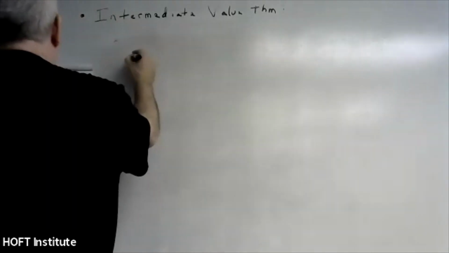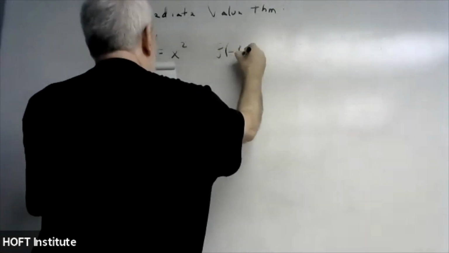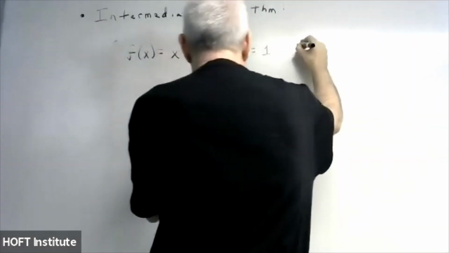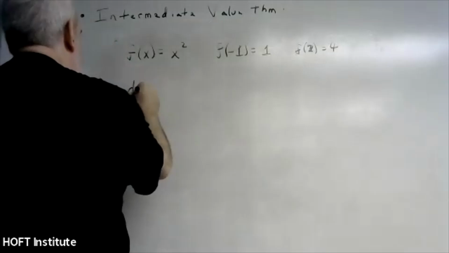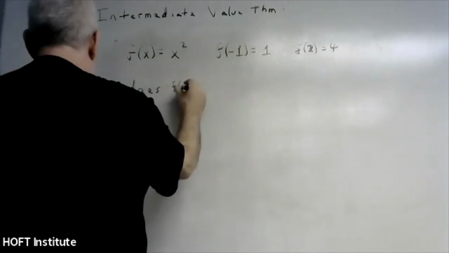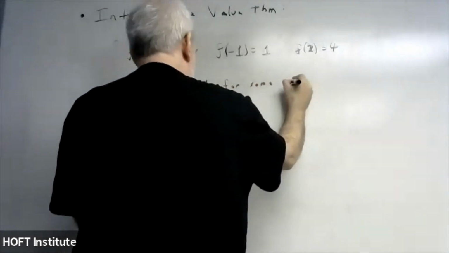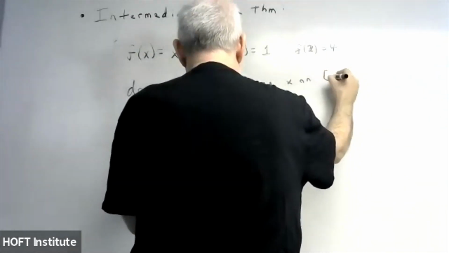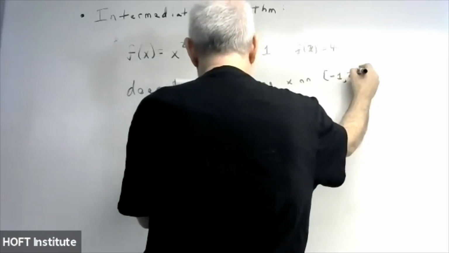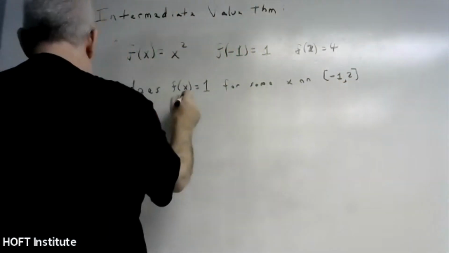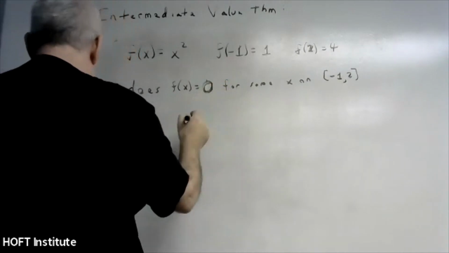So let's say that we have the function f of x equals x squared, and f of -1 is of course 1, and f of 2 is 4, right? Those are all true. Does f of x equal 0 for some x on the interval -1 to 2? That's what I'm interested in. For some value of x between -1 to 2